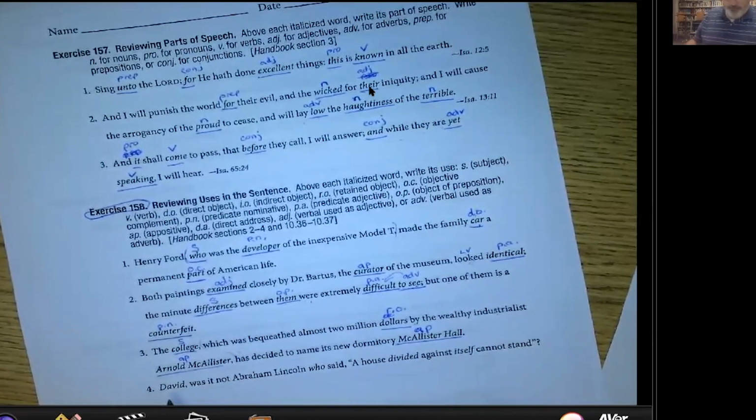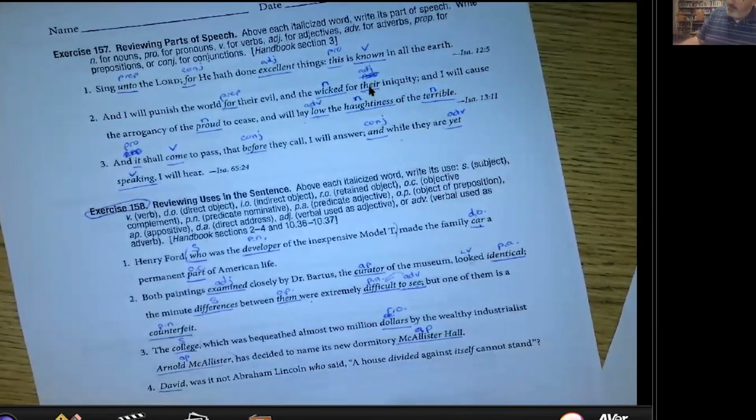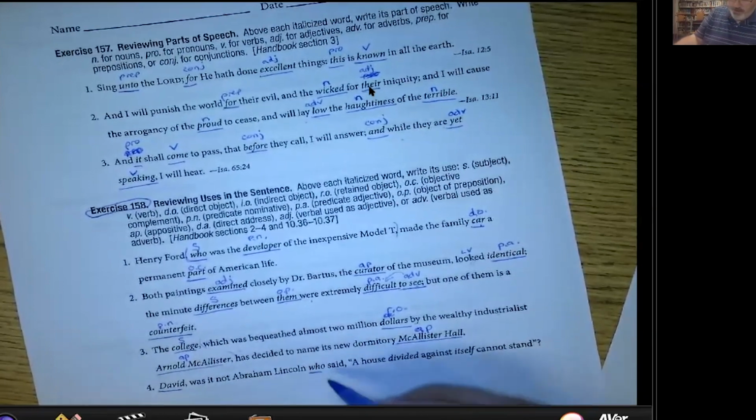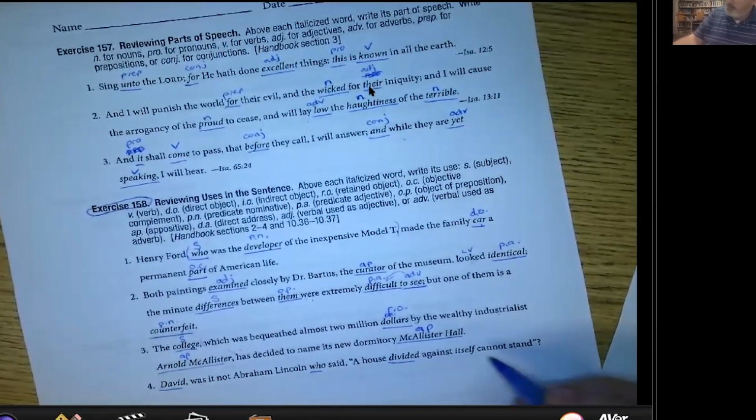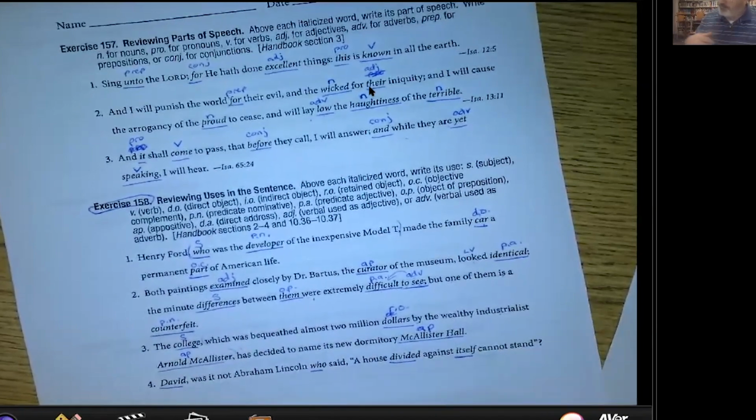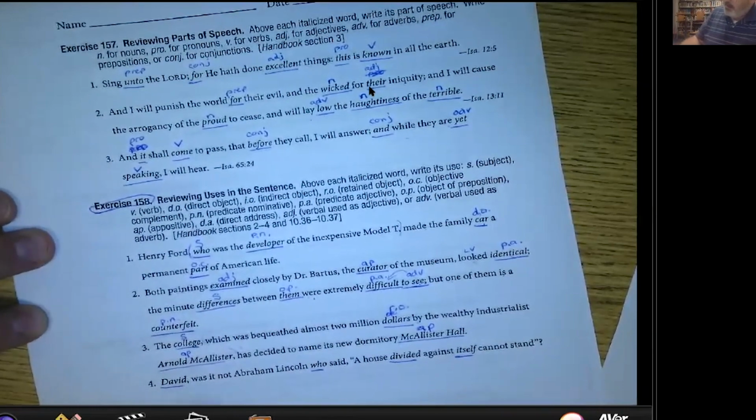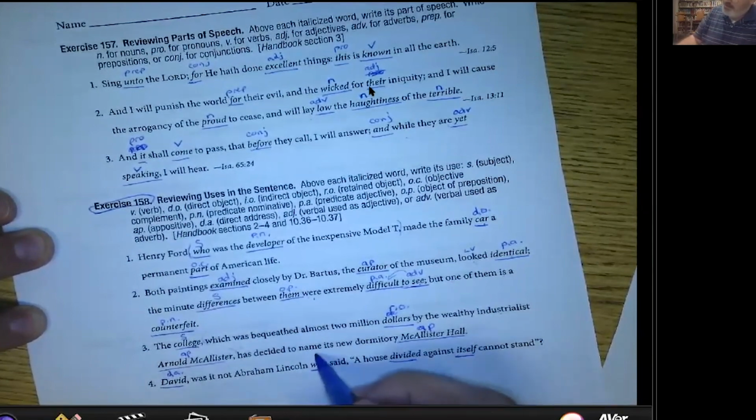Now the last one, so we got David is underlined, that's an italicized word. Who is, divided is, itself is. Okay. David, that's a direct address because we're talking to somebody and saying, hey David, was it not Abraham Lincoln who said? So that's a direct address, a DA. Okay? Was it not Abraham Lincoln who said, well, that's the subject, who said,